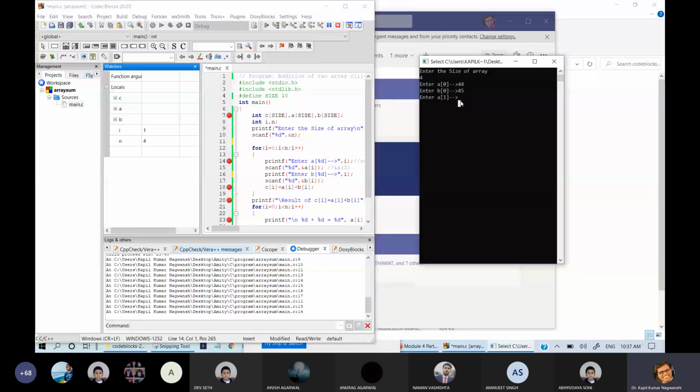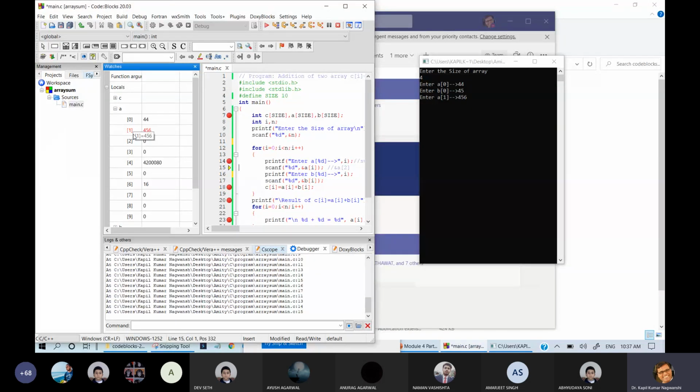Then press this. Here I had pasted 44 once again, 456. Okay, now press enter. Then it is entered, meaning the scanf is executed. And how do you see the scanf is executed? Just see in A, whenever scanf is executed, this particular line will be red. So this is executed. Now come to the next line.